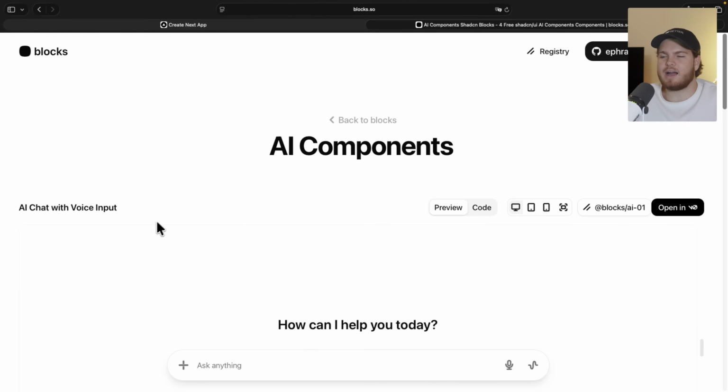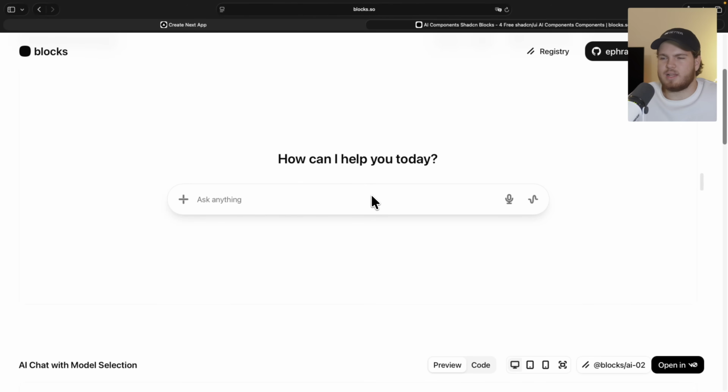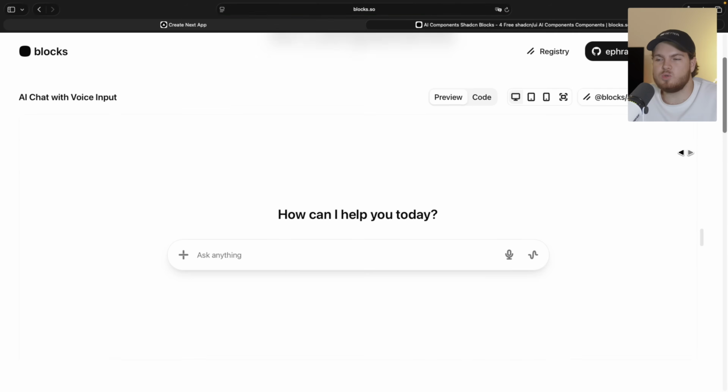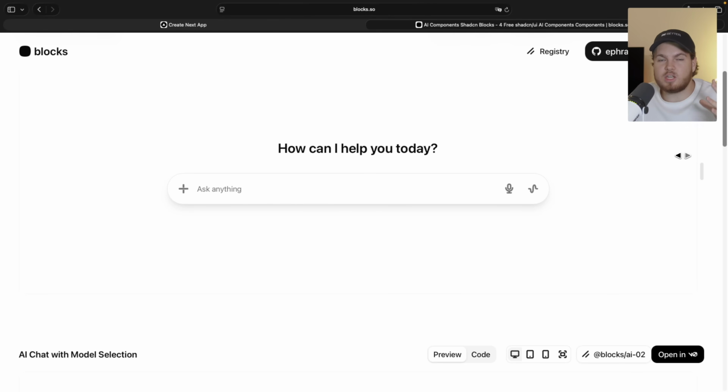Let's look at the AI components and look at this input. Like this is pretty much one-to-one the input that you get in ChatGPT, and it just looks good. It's high quality. If I type something, we instantly see the submit button on the right side. This of course is mobile responsive, and there are no hardcore animations. What I mean by that is if I do a hard refresh, there is no animation, and that's a good